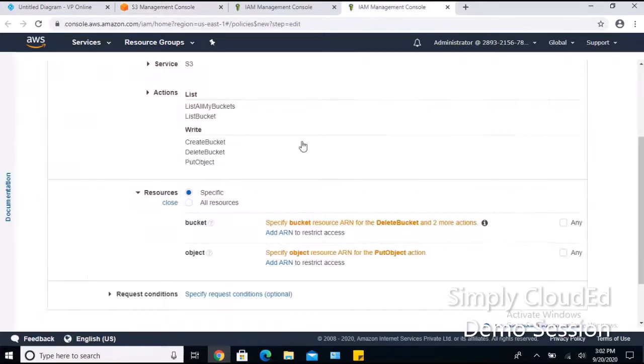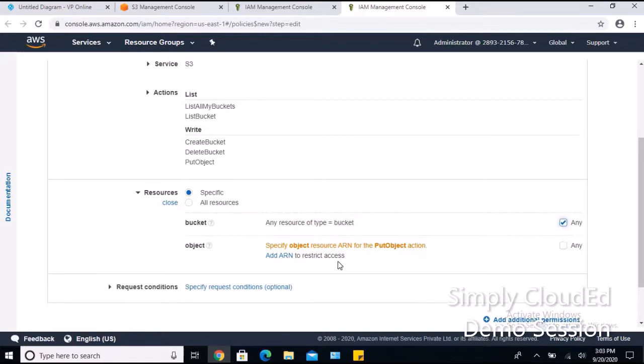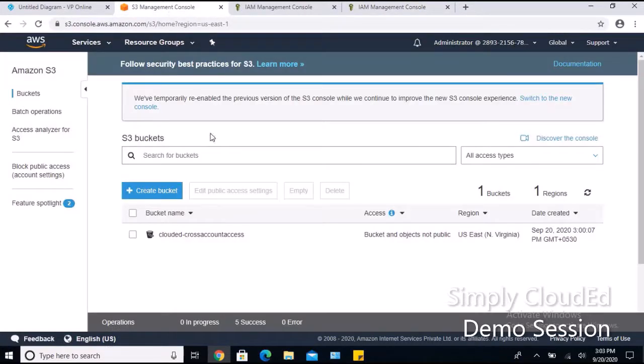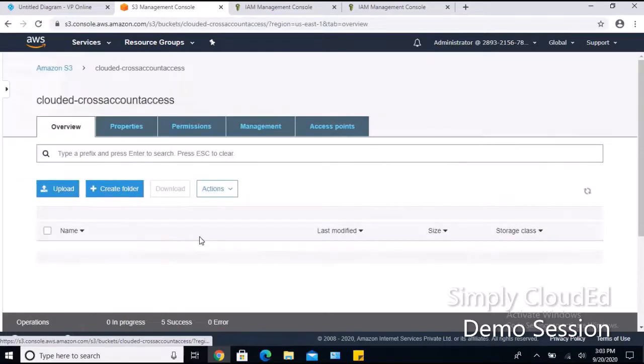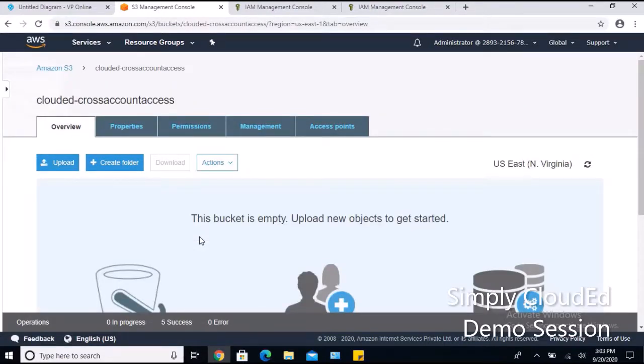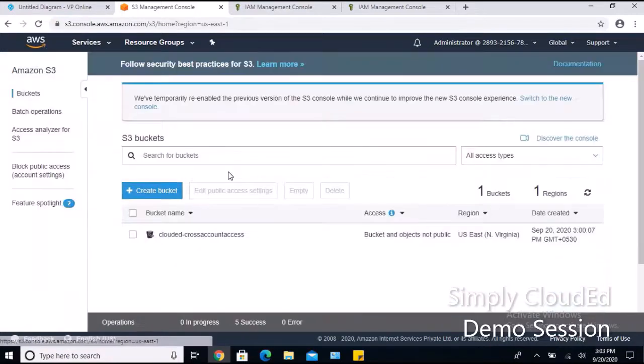So we are going to choose the bucket option for any. Similarly, do we really want this user to be allowed to perform some action on a certain bucket? I want this user to update this S3 bucket of Clouded which we have created. I want this user to either upload content or delete some file to this bucket, only this bucket, but not the rest of the buckets out there.